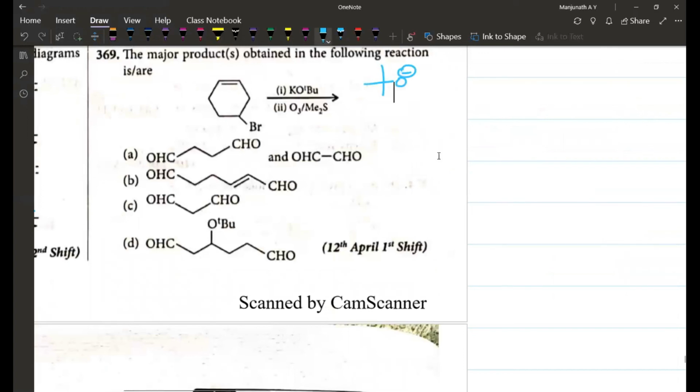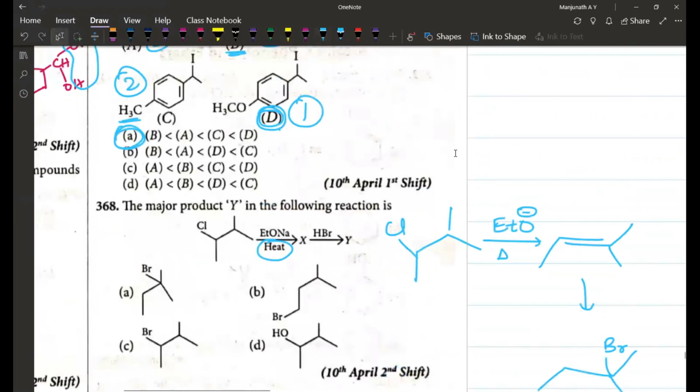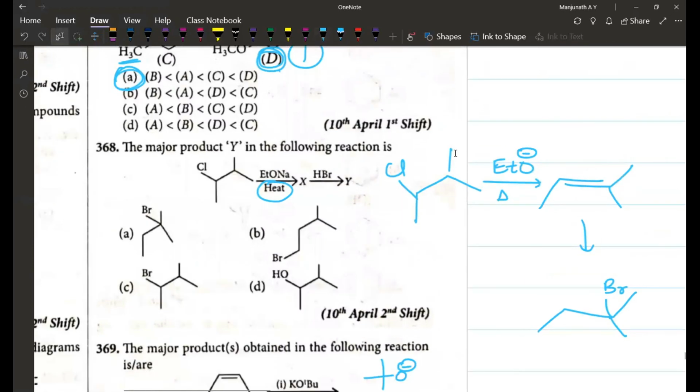Could you just scroll up for 1 minute, sir? Yeah, you should write fast. Sir, just 1 minute, I will complete it, sir. Sorry, sir. Over. Sir, 1 minute, sir. I will not take much time, sir. You write fast.